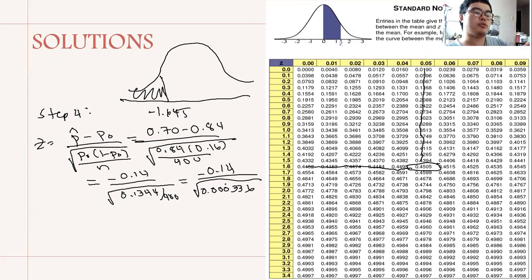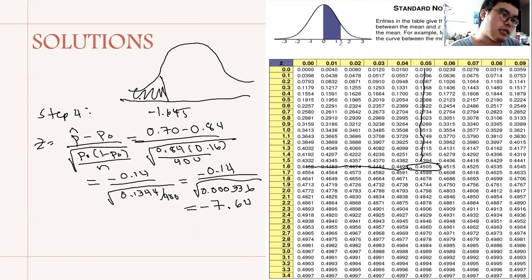Now we're going to use the scientific calculator so we will no longer have a hard time computing. Since this is a long process, we simplify, and tada, our test statistic is negative